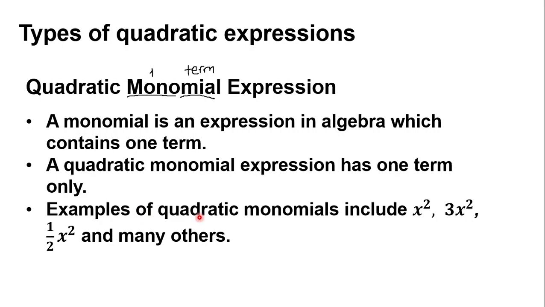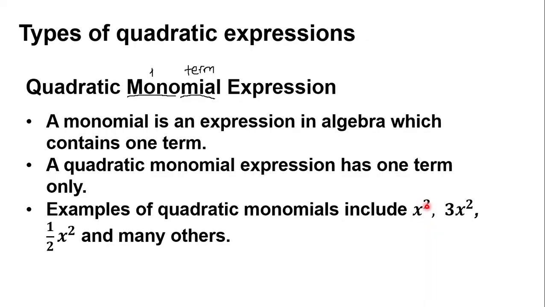So examples of quadratic monomials include x squared. This is a monomial, just one, standing alone. Another one is 3x squared, standing alone. Another one is half x squared, and many other examples. Each of these is not connected to another either by positive or negative sign. They're standalone terms. What is important to note is that each one of them is a complete quadratic expression,